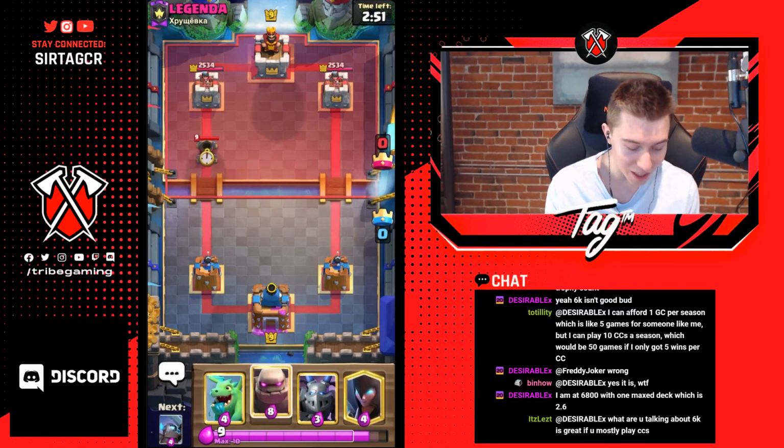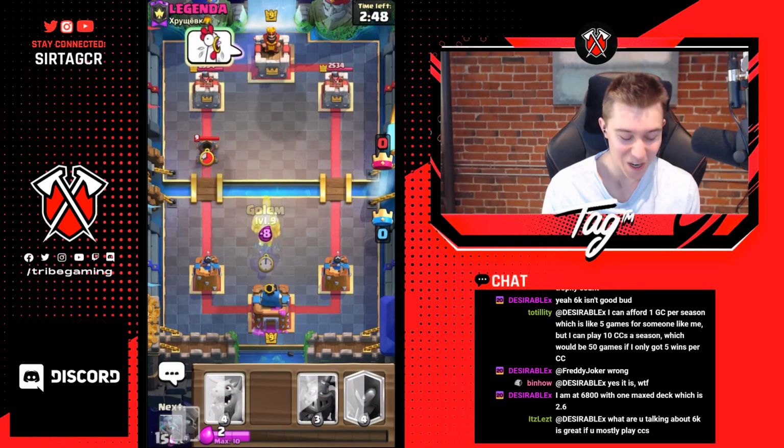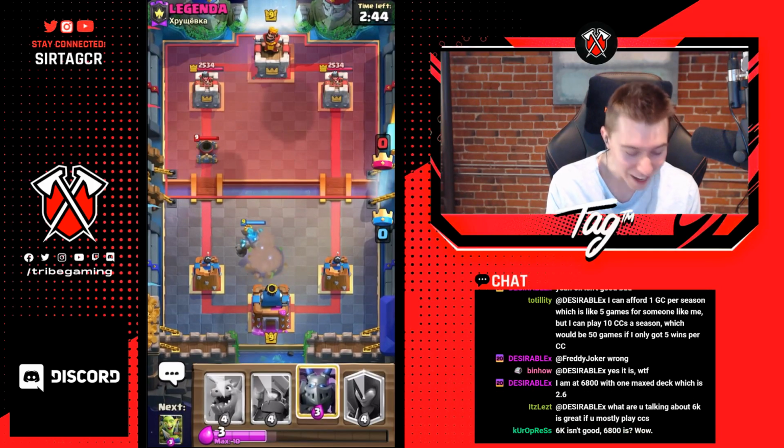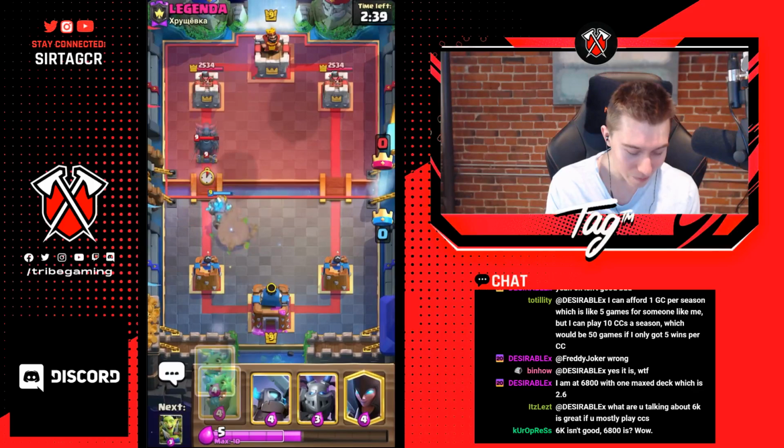This guy's dropping absolutely nothing, which is great. Then he goes in for a mortar. Oh, man. I was hoping that we could get to double elixir unscathed, sir. Why you do this to me? Why can't we be friends? Comrades. Anyway, I'm going to go with...